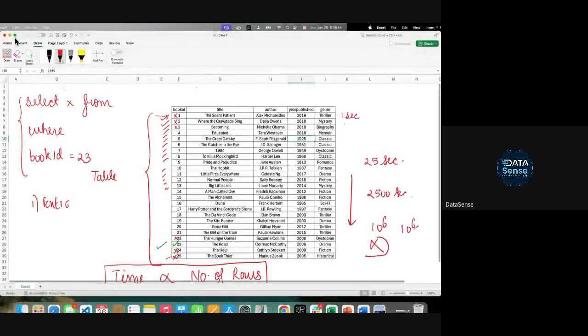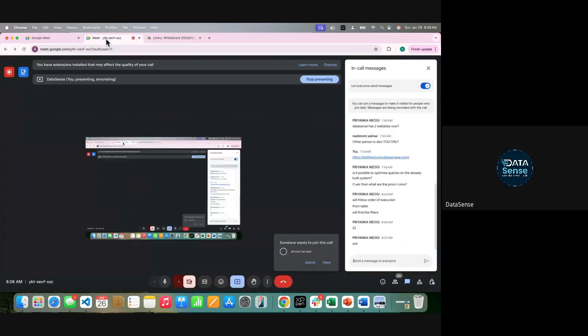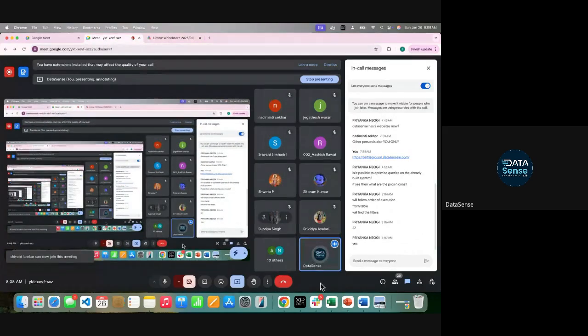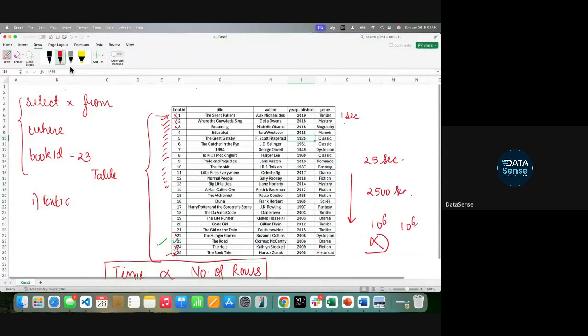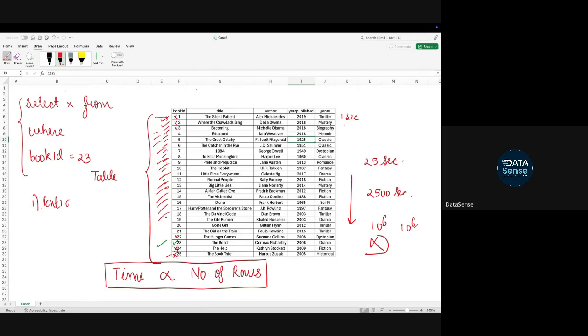So what we are doing is making an inefficient SQL query, because technically the rows which are not useful to us, for example, where book ID is 23, we don't want to waste time in checking these things, right?